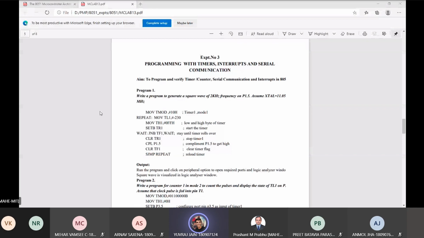Excuse me, sir. Is it possible that we have a little bit of a refresher class on how 8051 hardware works? Because it's been almost over a year and most of us are no longer familiar with how it works. So, can we have a fair understanding? Because when I was in SEM 3, 8051 was given as a self-study topic. So we have never had instruction given to us on how to actually properly use it.